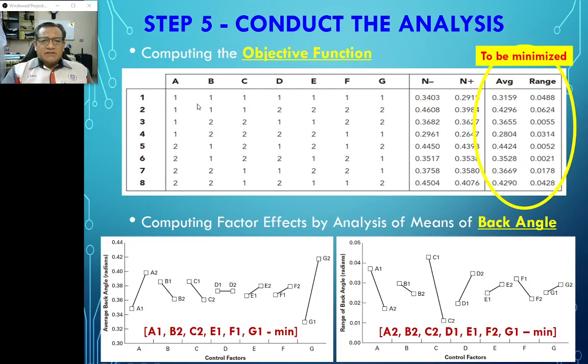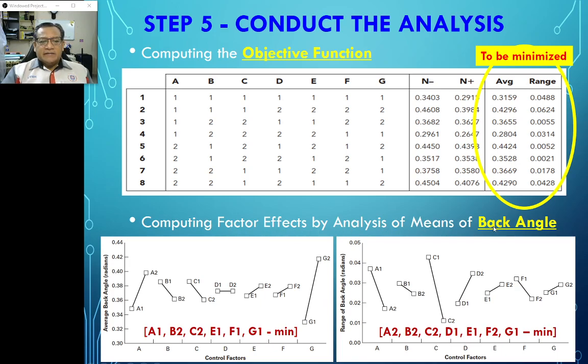And next, after executing the process, you got some sort of a result. So you have to analyze the result, conduct the analysis, right? Computing the objective function is to minimize this average of the back angle, which is the average testing result, right? 8 of them, and these are the range of the measurement of the 8 tests that have been executed. Okay, so this objective function metric is completed, and then you need to compute the factor effect analysis